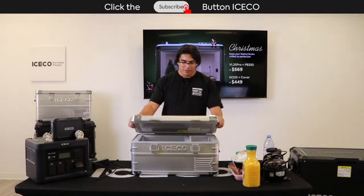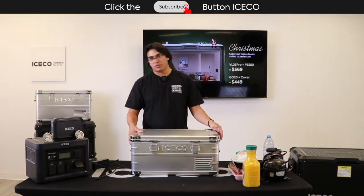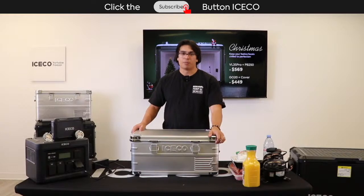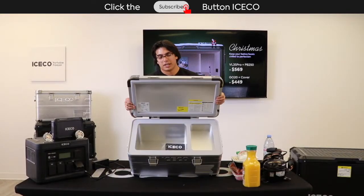And yep, that's pretty much as far as the exterior. It's a very simple design. It's very easy to use, very lightweight, portable. Pretty much take it anywhere you want to go. You can take the APL 20. It's very, very portable. And going on to the inside, you are going to notice that it does have two